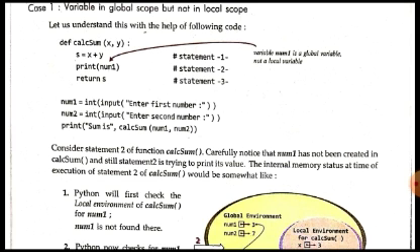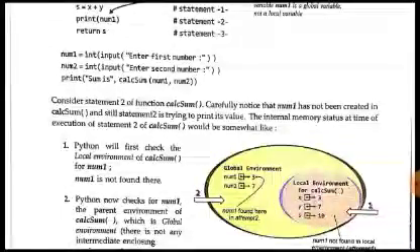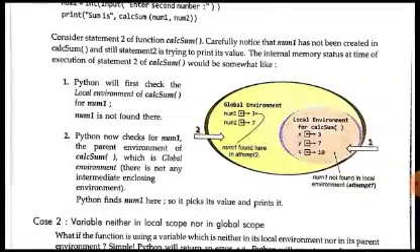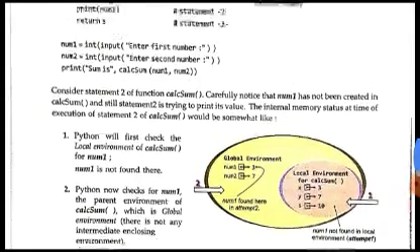What was the third step? The third step is to check in the global environment. So here we see that we have a variable which is named num1 in the global environment. Okay, you can see here in the line, what is written here? Number is equal to int input, enter first number. So here num1 has been created in the global environment. Okay, so now what we'll do? Now Python has found num1 here, so it will pick up the value and print it in the function there.